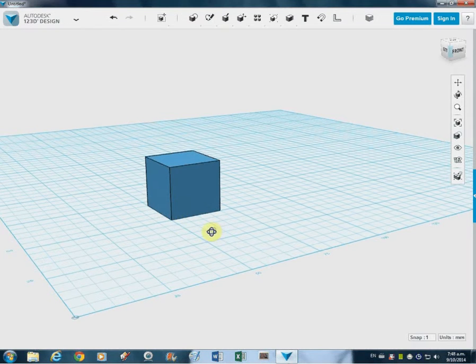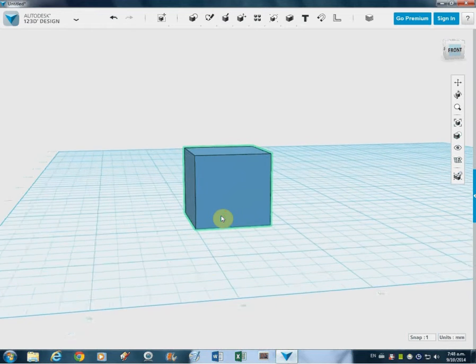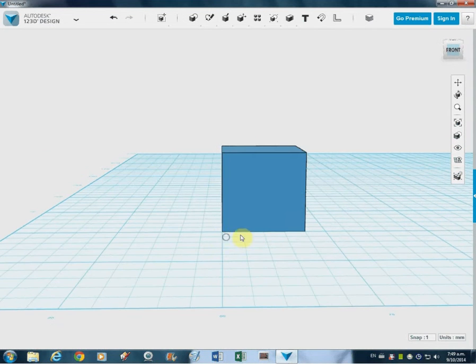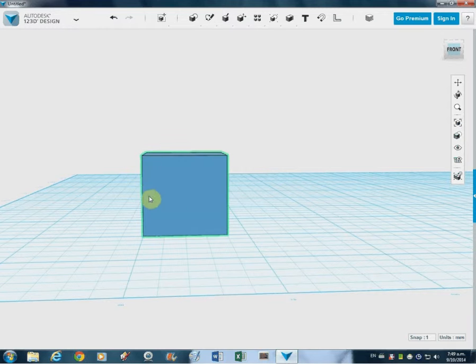Click to activate it, right mouse click to orbit around it. I'm going to zoom in using my middle mouse wheel and pan across by holding my middle mouse wheel down and pulling across. So I want to look at it face on. What I'm going to do now is actually make a sort of shape or a sketch on this surface, and